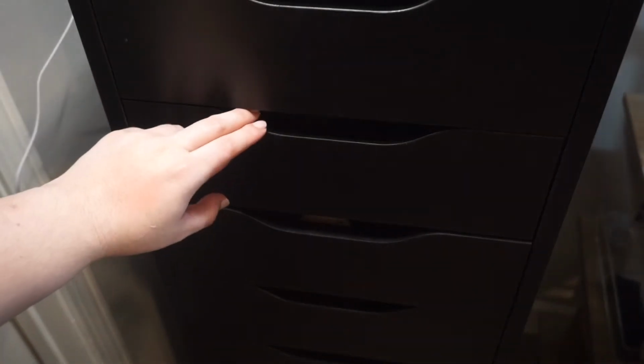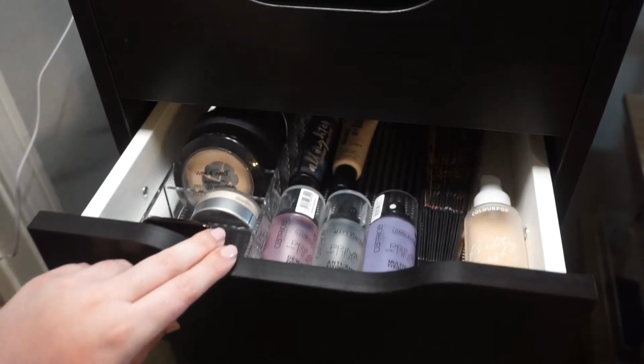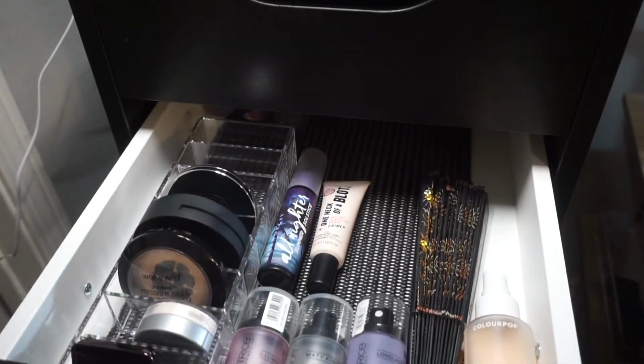Now, setting sprays is interesting because I had a buy one get one deal that really got me, that is taking me forever to go through the ones that I bought and the ones that I got. The ones that I got are still sitting as backups basically, and that's the line of Catrice setting sprays, which I'm not sure how you feel about that brand, but I purchased them a long time ago and I'm still working through them. So I have 8 with all those backups, and I think that I'd like to have maybe